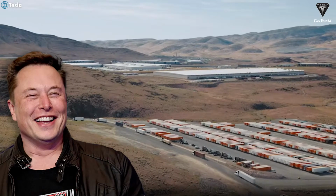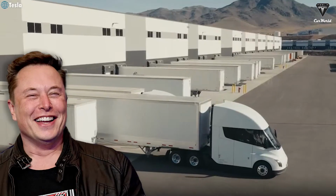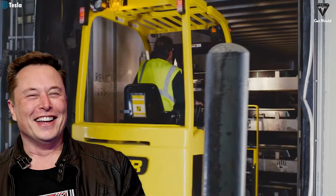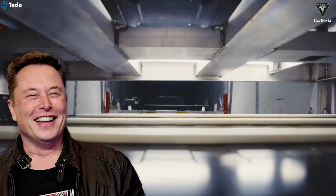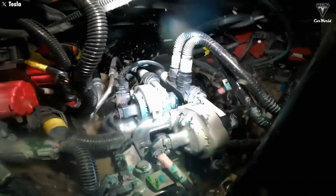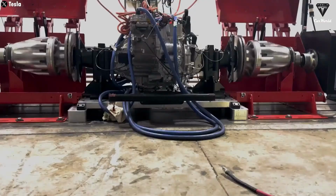Beyond that, Musk also confirmed during the Q4 earnings call that the big rig's pricing will be structured based on how much people pay, and its total cost of ownership will be significantly lower. All the exciting updates about the Tesla semi-truck, the world's #1 electric truck,